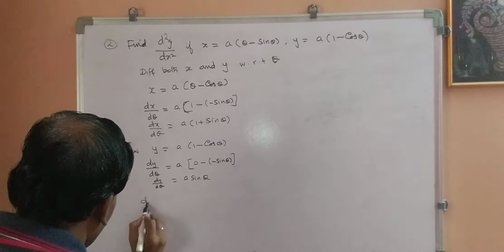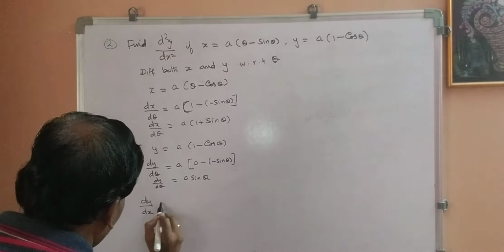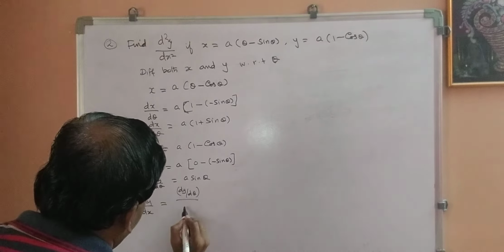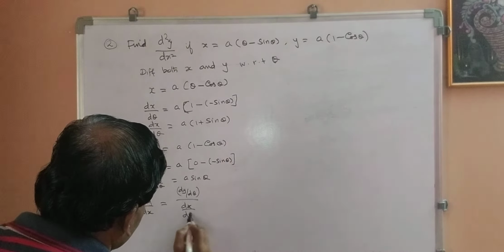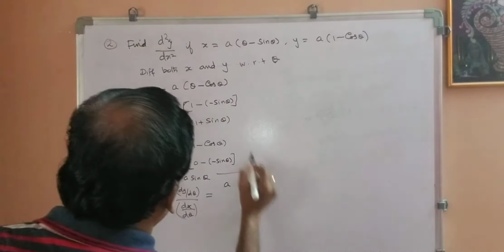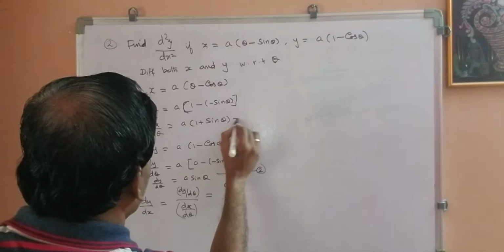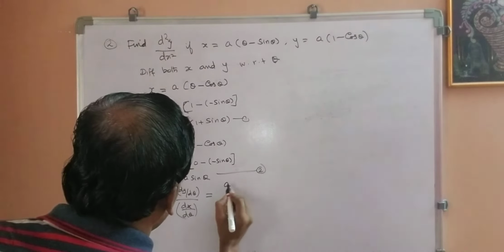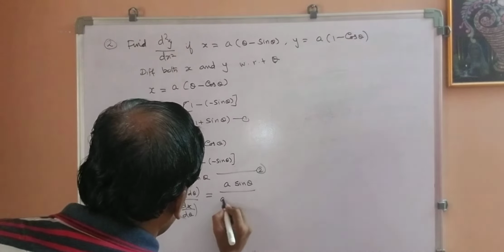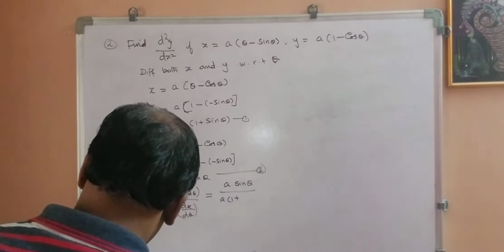Now we want to find out the first order derivative, equal to dy by d theta upon dx by d theta. So it is equal to a sin theta, this is equation number 2, this is equation number 1, upon a into 1 plus